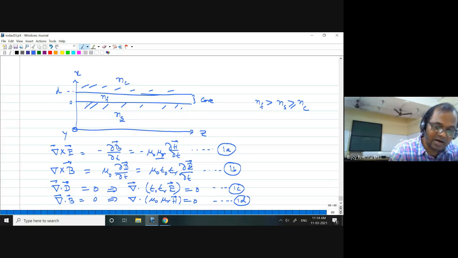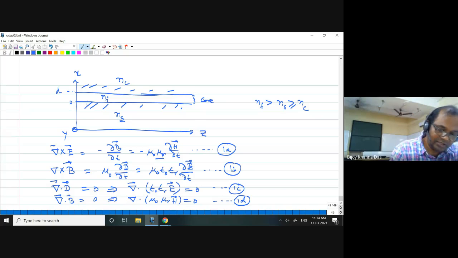Similarly, epsilon r I have taken out from D, epsilon 0 epsilon r taken out from the time-dependent partial derivative, assuming that they are time independent, they are fixed. If they are time dependent, then you cannot do that in Maxwell's equation directly. So they are somehow static, but they can be a function of the space coordinates x, y, z.